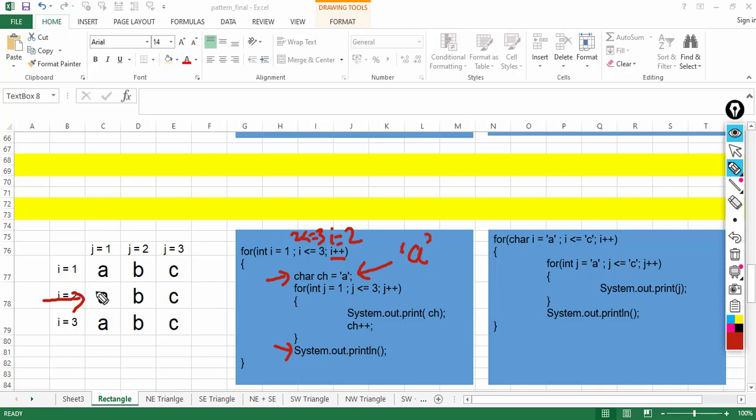We want A again, so that is why the value of CH needs to be reset. Again the inner loop will run 3 times, J is 1, 2 and 3, and each time CH value will be different because there is an update happening here, so ABC will be printed. So I hope you have understood this.